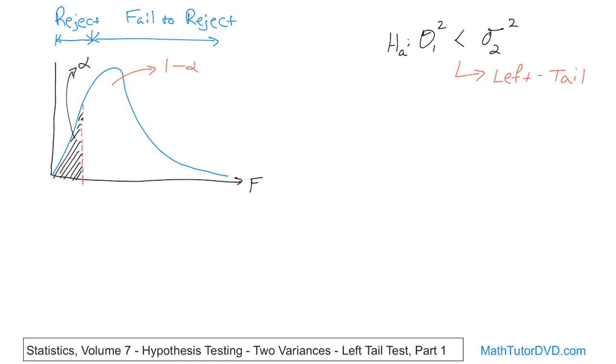So the way you typically see it in books, not always, but typically, is you see this critical value, it's still just a critical value of F, but it's called F sub 1 minus alpha. So if you could find a table in the back of your book or online that you could calculate 1 minus alpha, 1 minus your level of significance for your problem, that would give you the value of F with this giant area to the right of it, because all of these tables give you the area to the right. Then your job would be very easy, because all you really need to do is find this value of F, and that's going to be your